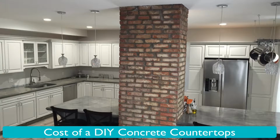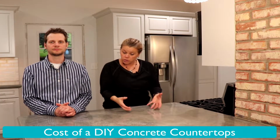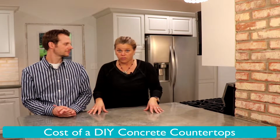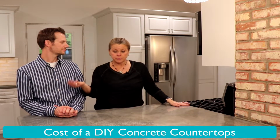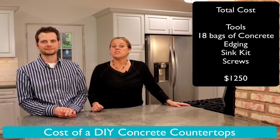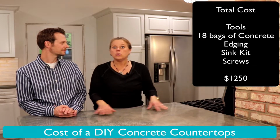So all in all, as you can see, we have 2 sections that are islands, and then we have one run that we think is 13 by 7. It's either 12 by 7 or 13 by 7, but it's an L shape. So all in all, of the material that went into it, and then the tools. We had to buy special tools for this project, and we estimated about $200 in tools. $250. Okay, $250. So all in all, this project cost us a whopping $1,250, everything. So as a DIY project, you can see that we saved a huge amount as far as